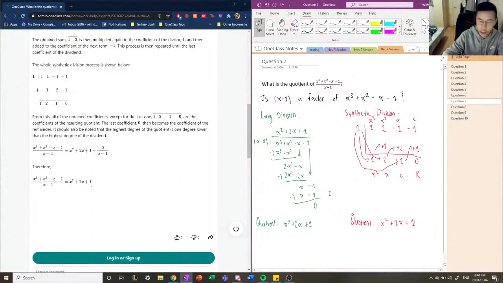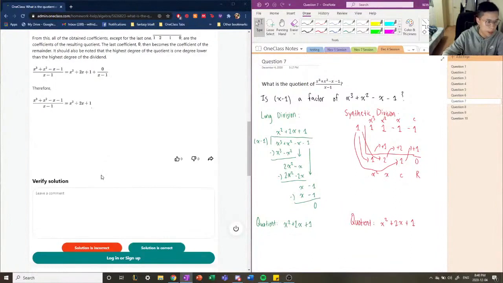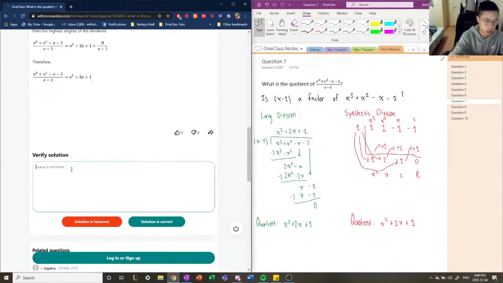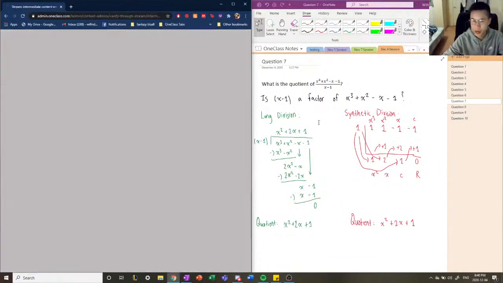And I've shown you guys 2 different examples, long division and synthetic division, okay? And we got the right answer. So this solution is correct. Good work. All right, let's move on to question